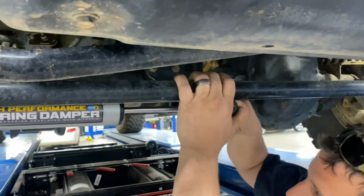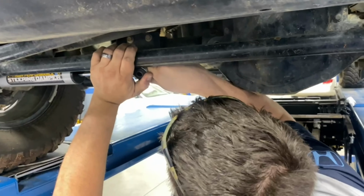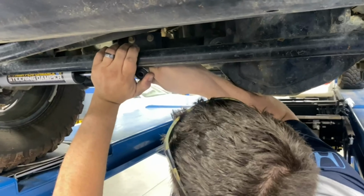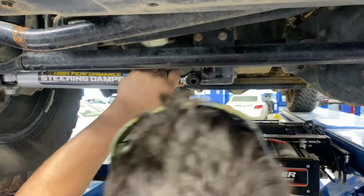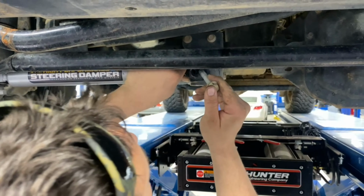This is the hard part because it's like doing those struts on the Odysseys. You got to compress it all the way. Oh yeah, you got to push it and then slide the bolt through. Almost there. And then when it starts to rebound out, you got to get it in that hole, all the way through. All right. There you go. When the torque specs are on there,